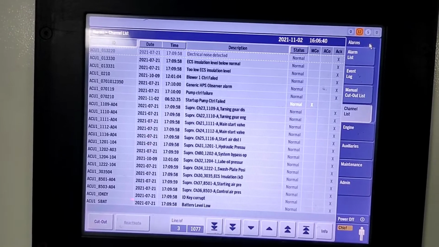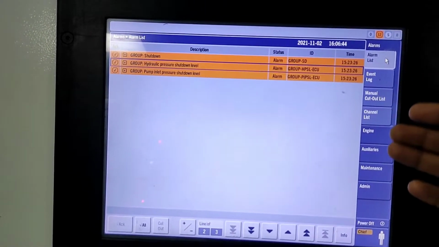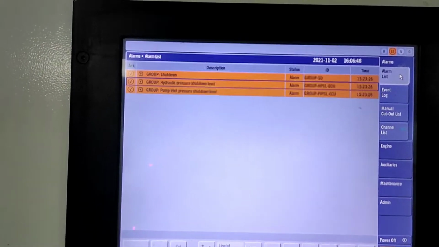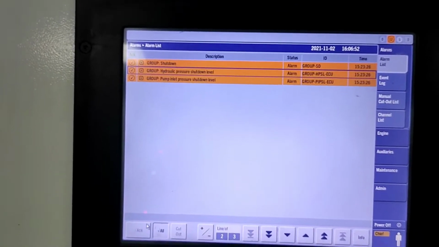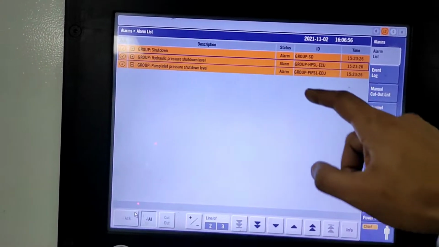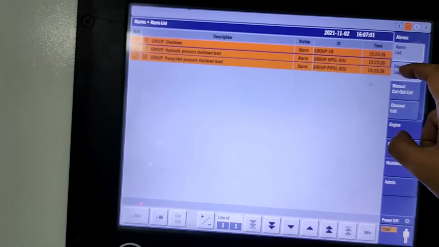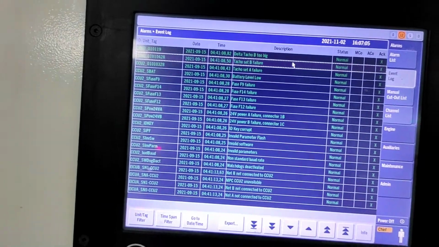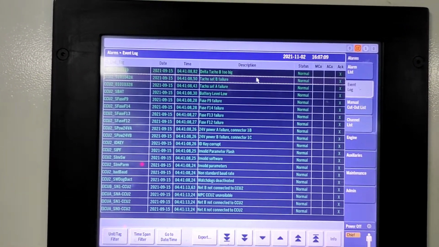Each thing in detail. Like if you go in alarm, there is an alarm list coming. What all alarms are coming on the main engine, we can see it here. And you can acknowledge the alarm, all alarms you can acknowledge here. So all the alarms we can acknowledge at the bottom side. If any problem comes, you touch any alarm like this, you can see what the problem is, like TECO A alarm is coming here. At the bottom side you can see time span, go to day time, date, export.